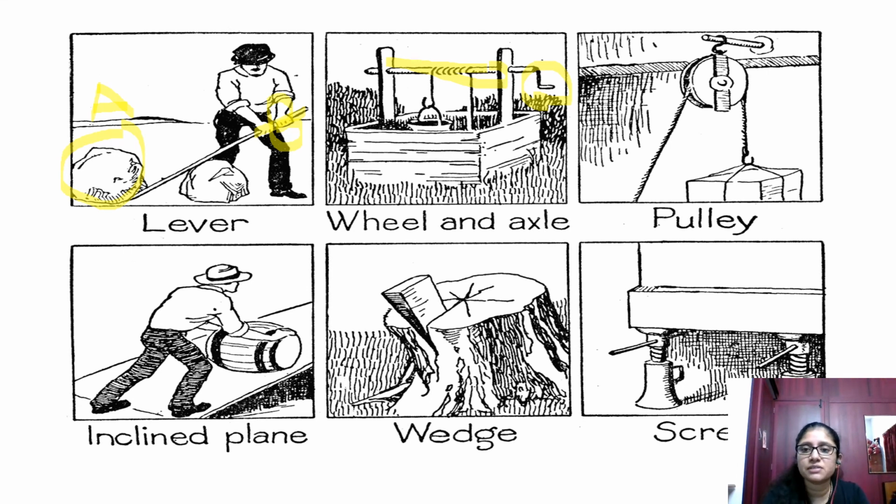And the pulley we have already seen, it is a simple machine. Then the inclined plane, wedge and screw we have also seen. So what does all this say? When force is applied in one part, the work is done in another part. It is like the opposite reaction. When I apply force in B, the action is done in A. This is how it works.